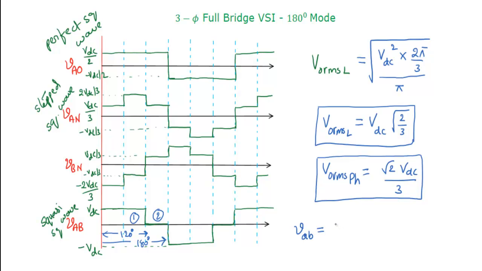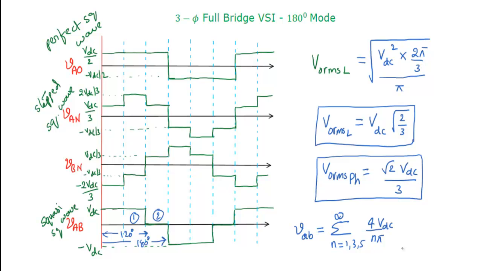As we discussed, any square wave will have only odd harmonics, n is 1, 3, 5, up to infinity. Then 4 by n pi is common for any waveform, multiplied with the magnitude. Magnitude is VDC. So 4 VDC by n pi into,